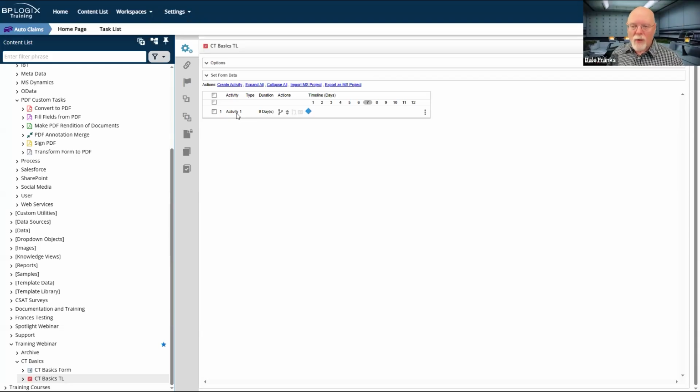And this is one of those wonky cases where normally I might run the set form data from the form itself, but if I'm setting the form data and I'm using the sequence number system variable, that is going to be invoked on the form somewhere. It might be invoked on the form multiple times. And each time it gets invoked, the sequence number increments, right?